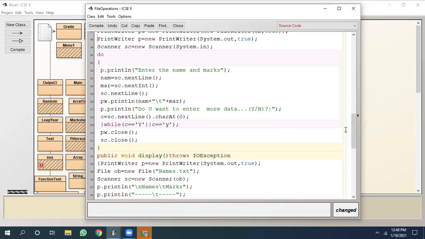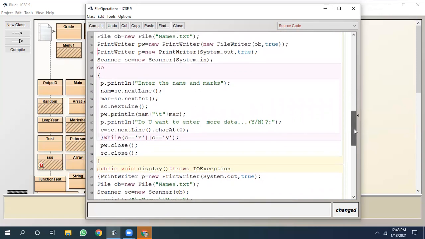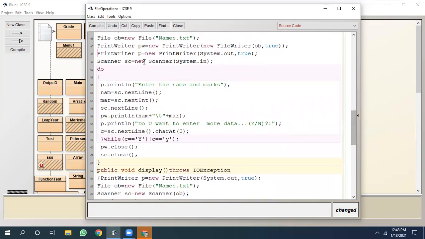Now let us see, PW is an object of which class? It is an object of the PrintWriter class. PrintWriter has been associated with which object? With the OB object. OB is associated with which file? names.txt. So pw.println will print the name and marks which we have taken from the user in that particular file, in the names.txt file.